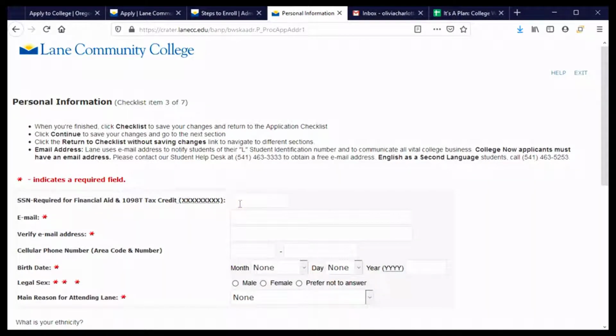They're asking for my social security number. That's SSN, social security number, and it is not required to have a social security number to attend or apply to Lane. However, if you have one and if you are applying for federal financial aid, they will require your social security number, and it is much easier to provide that now than to come back and add it at another time. So I am going to go ahead and enter my social security number there, my email address,